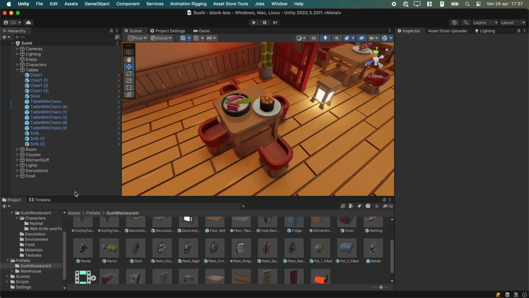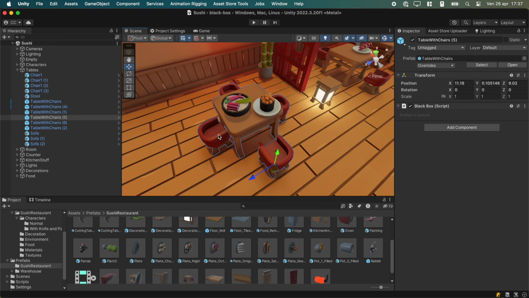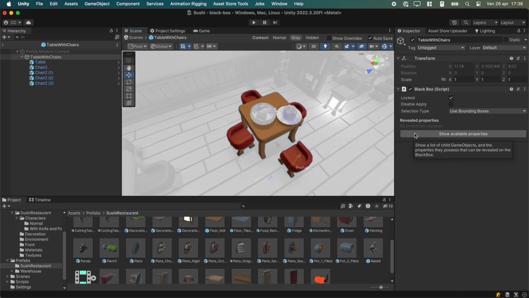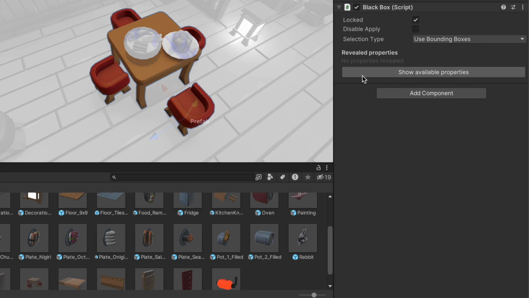However, like we saw with the dumpling dish, sometimes we do want to have overrides. So how do we tweak properties on a locked prefab? Let's take this table and chairs as an example. I prepared it with 4 chairs, but sometimes I just want to be able to disable 2 of them. And there's nothing easier. I can go into prefab mode, click show available properties, and from here I can see